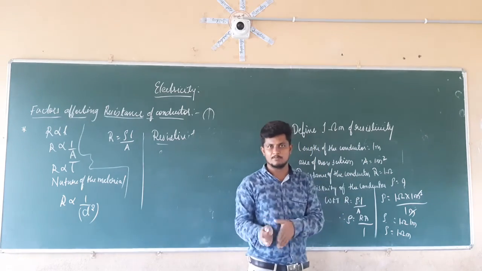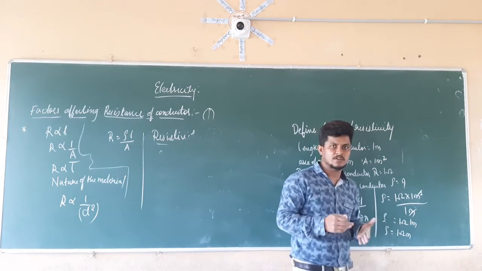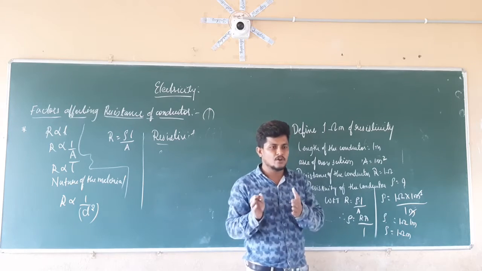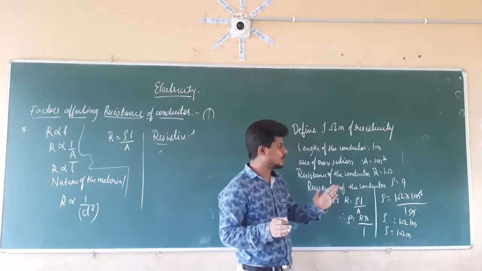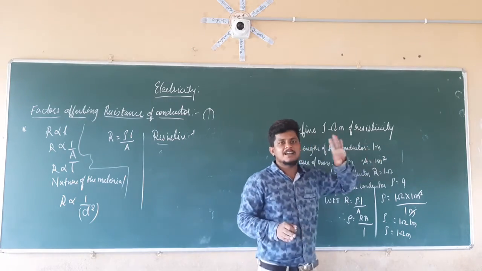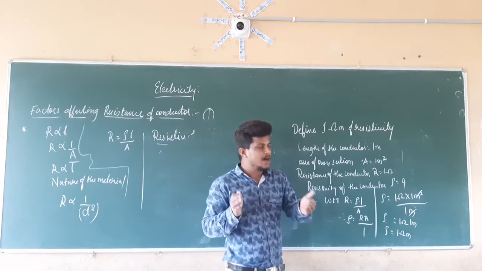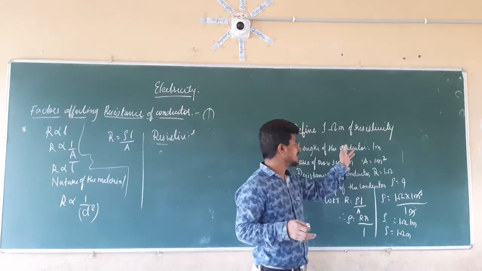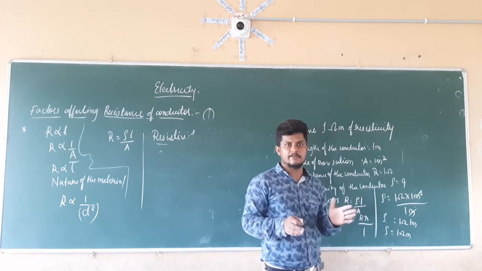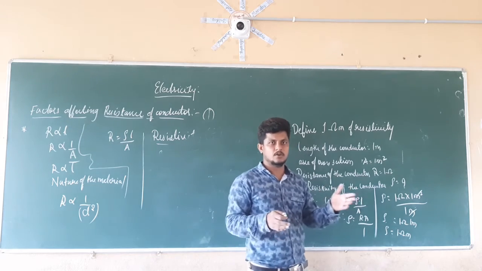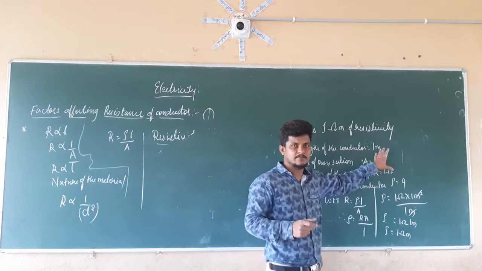Either you can use your textbook statement or definition, or the definition which is given in examples or some notes. If you don't remember those definitions, just directly remember the formula, rho equal to R A divided by L, and using this data try to make a definition. All the definitions defined up to this point should contain these points. It should contain this point and this point. Then if you show those points, your definition is accurate. Don't worry about the textbook definition or the definition given in the notes. Just try to make a definition using this data.